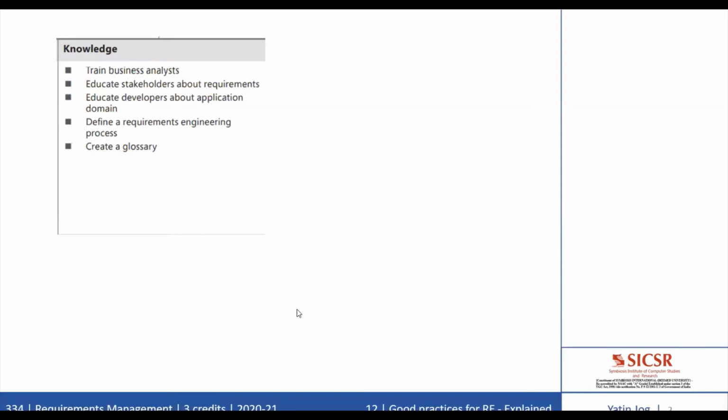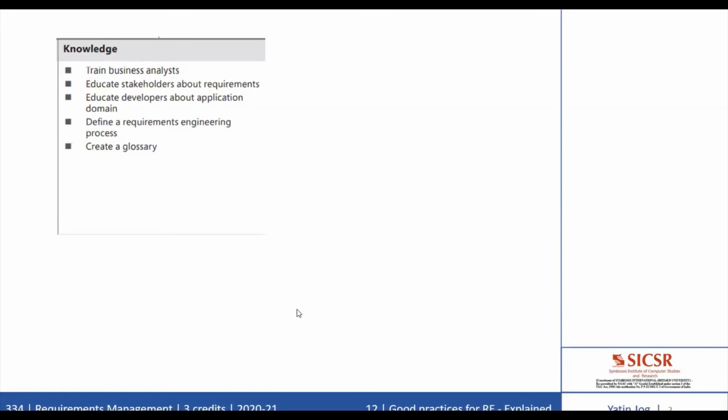The next best practice is to educate developers about the application domain. To help give developers a basic understanding of the application domain, you can arrange a seminar on the customer's business activities, terminologies, and objectives for the product which is being created. This can reduce confusion, miscommunication, and rework down the road. Day-to-day experiences in which developers accompany users to see how they perform their jobs can create very good input for the complete process.